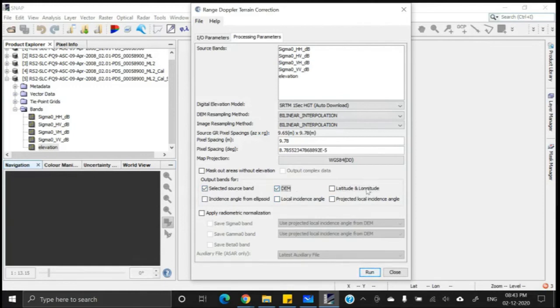That's all. We do not require further lat long values and all these things, because once the image is geographically referenced for each and every pixel, we can get the lat long values, and lat long images are no more required. Incidence angle image or local incidence angle image, projected local incidence angle image, these images are no more required.